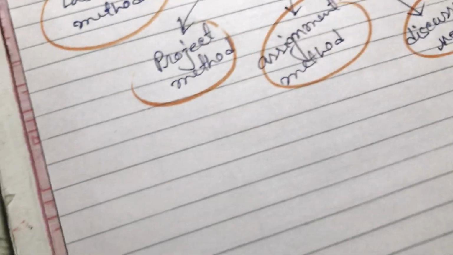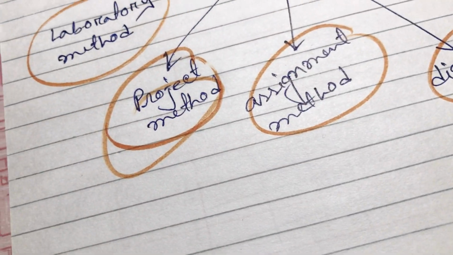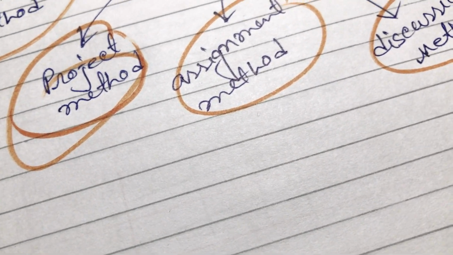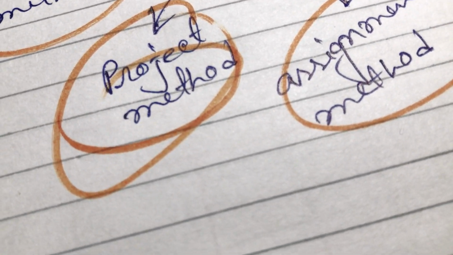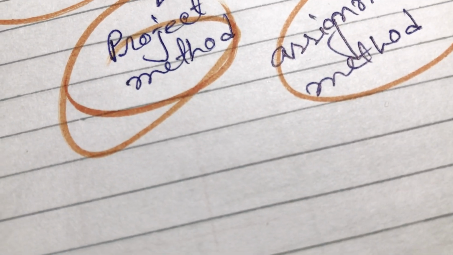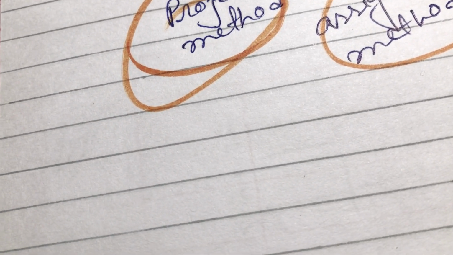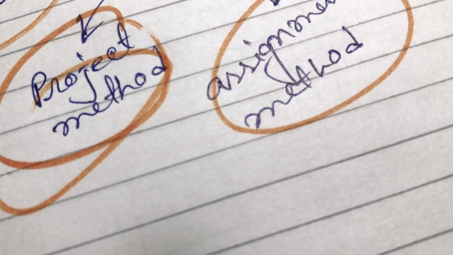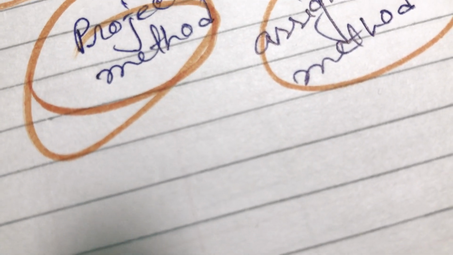Okay, next we will go for project method. What is a project method? We all know that in school we all made a project. So this is the project method. This is one of the modern methods of teaching in which the student's point of view is given importance in designing the curriculum and the content of studies. Teachers just give us some subject and we have to make a project on it.